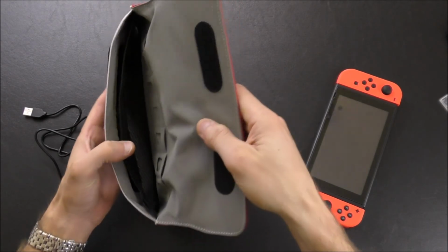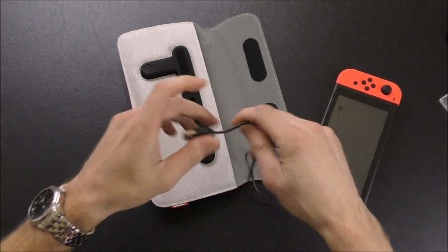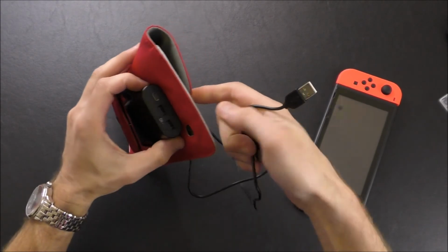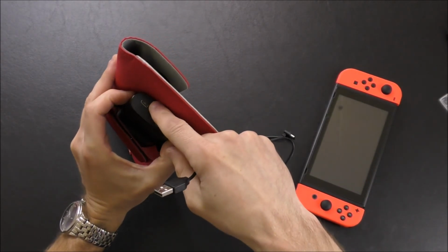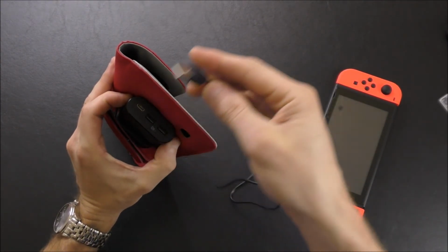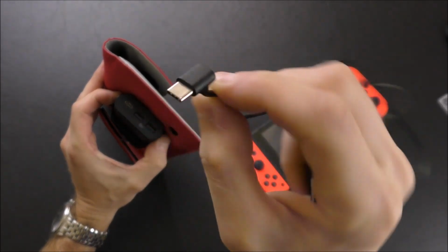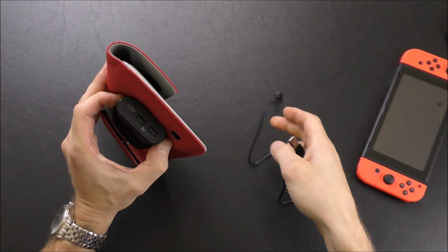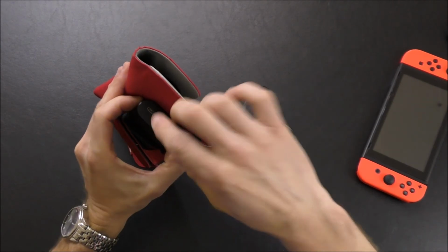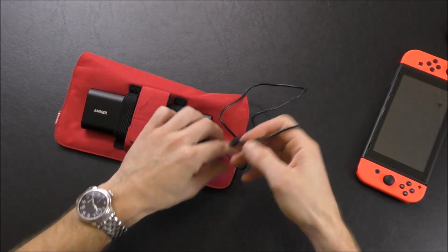But anyway, you have this USB-C cable, and ostensibly what you would do, you turn this around, you could plug this in to the back of your power bank. This one actually has a USB-C out, which would be nice because this is USB-A to USB-C. So if you actually got your own cable, of course you would want this little L-shaped socket on the end. I don't know if you'd be able to find that or not. USB-C to C, you would charge way quicker than the A to C. But anyway, you put the A end in there,